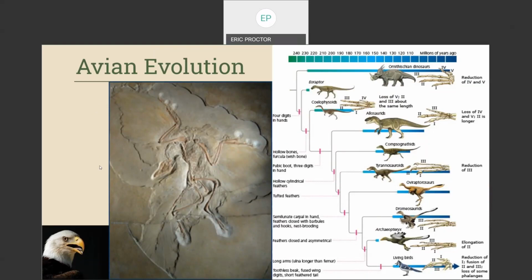Archaeopteryx itself was believed to have lived about 150 million years ago. Like birds, it had feathers along its arms and tail, but unlike living birds, it also had teeth and a long bony tail. Furthermore, many of the bones in Archaeopteryx's hands, shoulder girdles, pelvis, and feet were distinct. They weren't fused and reduced as they are in living birds. Because of these characteristics, Archaeopteryx was recognized as an intermediate between birds and reptiles.